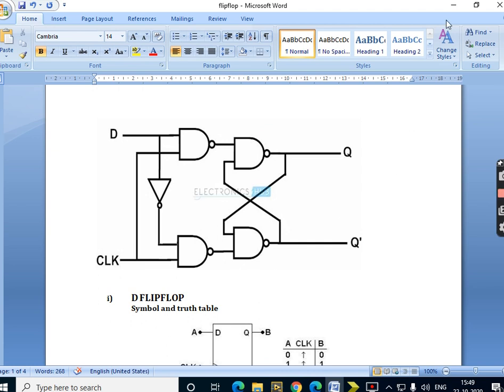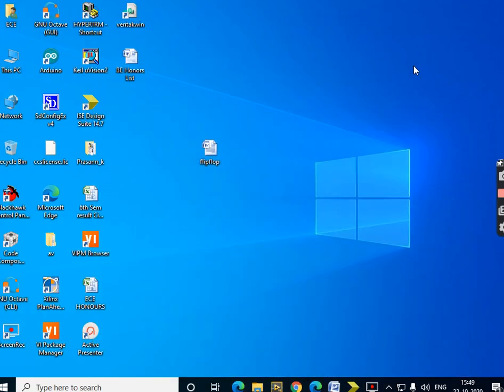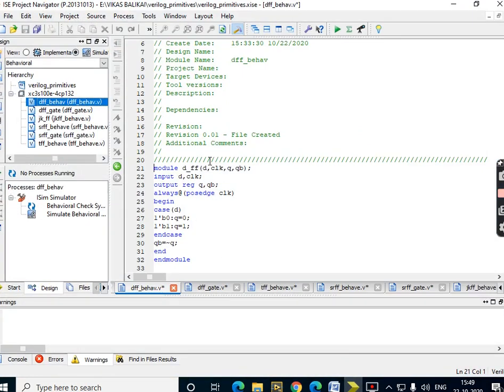Let us see how we can implement this flip-flop in an actual design in Verilog simulation. So I'll take you to the Verilog platform and I'll be using Xilinx as the software tool, the ISE simulator, and a code is written for the D flip-flop. Now what are the inputs for this D flip-flop? As we just quoted, the same I'm going to write in the form of Verilog code, and first of all I would like to write code in the behavioral modeling style. I think everybody has now understood what behavioral modeling is. So I'm using this behavioral modeling for writing the code of this particular flip-flop.